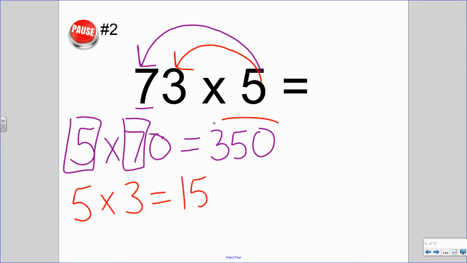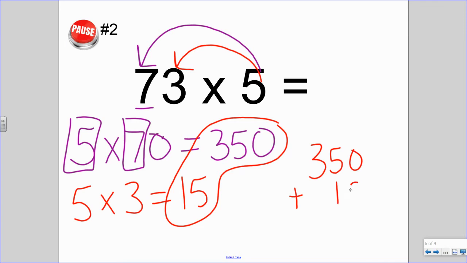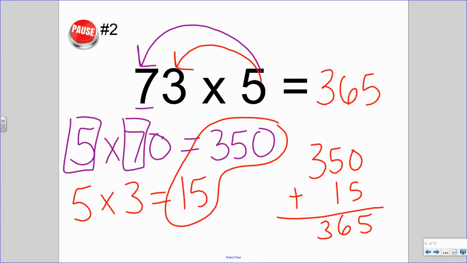Now, I didn't line things up like this. I know that these 2 parts of my answer need to come together. So I have 350 plus 15, and 0 plus 5 is 5. 5 plus 1 is 6, and 3. So my final answer here, guys, is